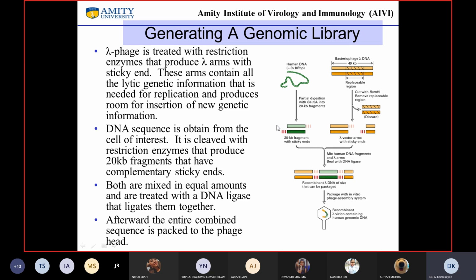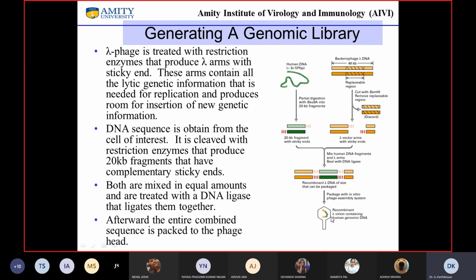So you purify these 20 kilobase pair fragments, and then you cut this lambda bacteriophage vector with the restriction enzyme. So you essentially have removed this middle region, okay, and then you would ligate them to this 20 kilobase pair fragment.